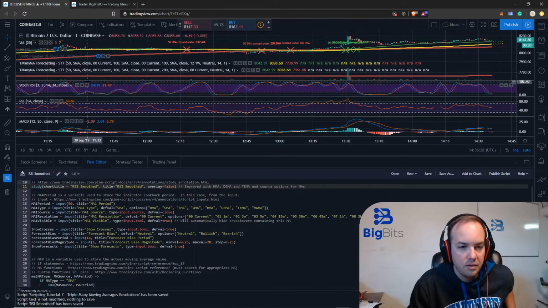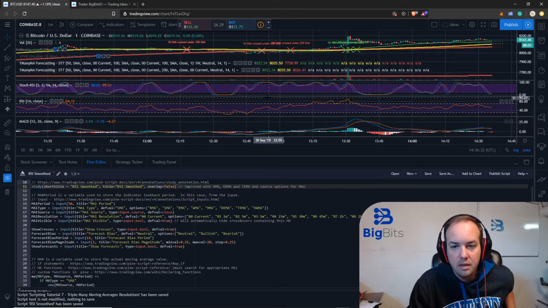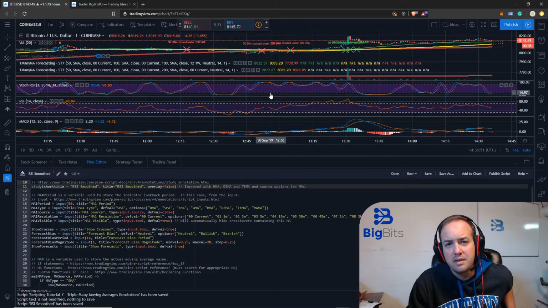Well, essentially the stochastic RSI and the MACD both have smoothed lines. The blue line is your MACD line here, but your orange line is a smoothed line. They call it the signal on the MACD, and it's just the blue line being smoothed out. And what I want to do is do that with our RSI, because a lot of times